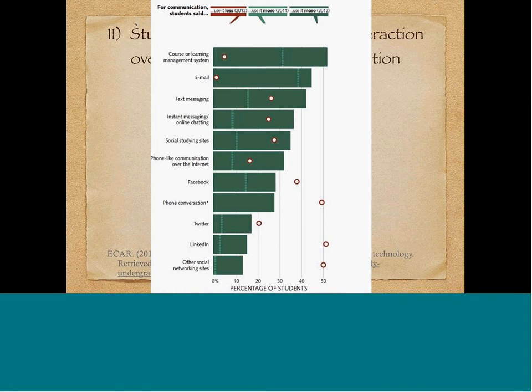What they did is they had about 106,000 college students respond. They were freshmen and seniors, those in Canada and the U.S. from lots of different institutions, including the University of Georgia. They gave them a list of technologies often used to teach and to communicate with students. So you've got the learning management system, you've got email, text messaging, Facebook, Twitter, all of those various things. The green bars that you see are the percentage of students who said faculty need to use this more. The reddish maroon